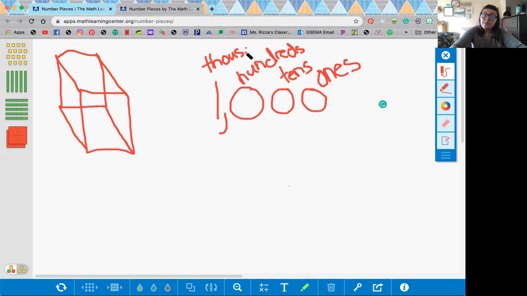So the thousands here is our newest place value spot. And when we decide the value of this number, let me change my color here. There we go. When we decide the value, our value is in thousands. So if we had a, let me erase this digit here. If I decided I was going to put a 4 here,